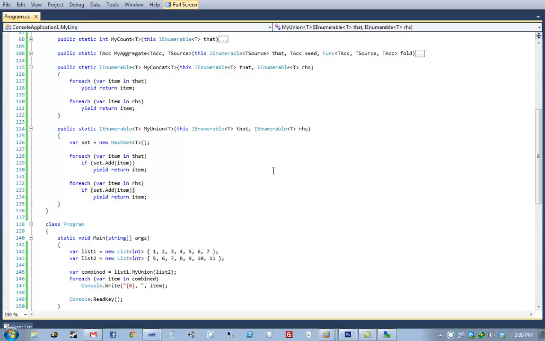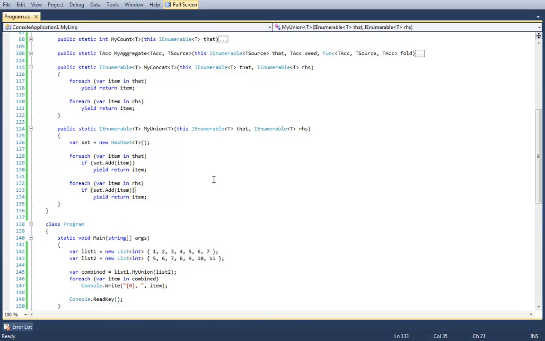It's exactly the same as a concatenation, except that it only has unique values in it. So if a value already exists, it won't get added again. Or to slightly rephrase that, we're not adding anything to anything, but it won't get yielded back. I mean, that accomplishes the same thing as far as English is concerned.